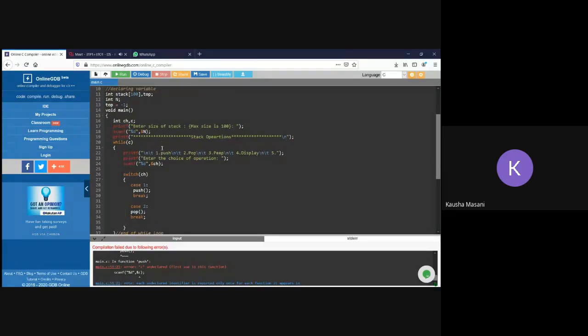C is not declared in your push function. Yasin, is it your screen, or am I watching Dharmik's screen again?